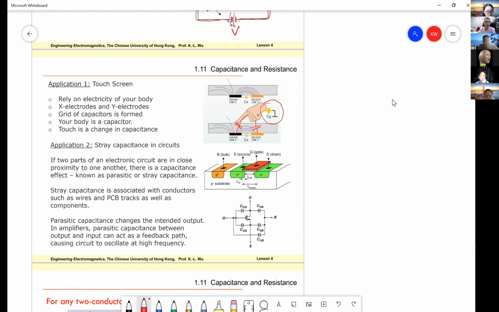So something changed, that means that something is touched on the screen. Okay, so that is one application. Right. So the second application,